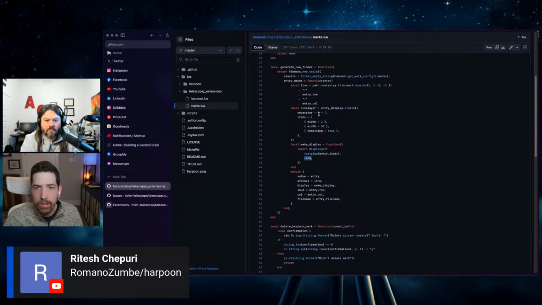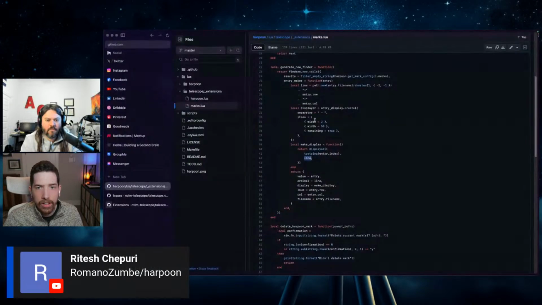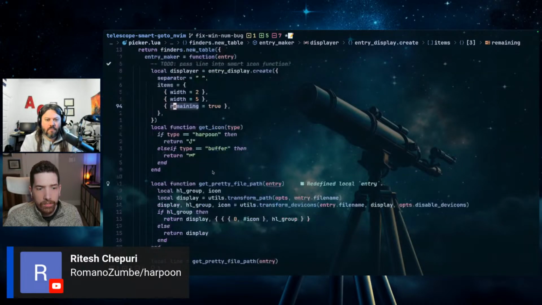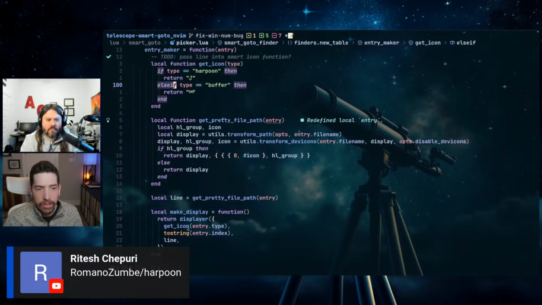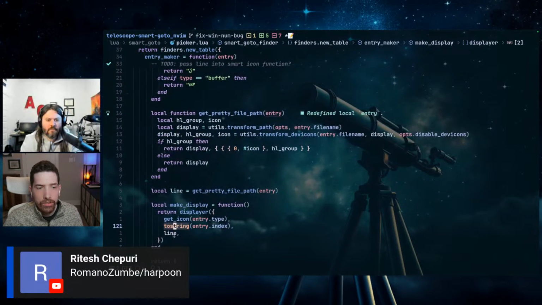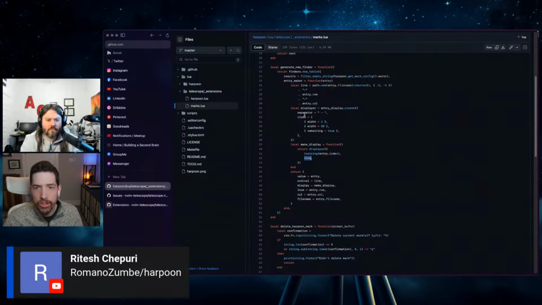He has a separator, he has items, which I have items. So, I mean, we're looking at the same thing mostly. Even the icon, I generate the icon and pass it in on, where do I pass it? I think I pass it on down here. On. So there's these 3 entries, and the 3 entries are mapped to these 3 entries. So my only question is like, he's got width,